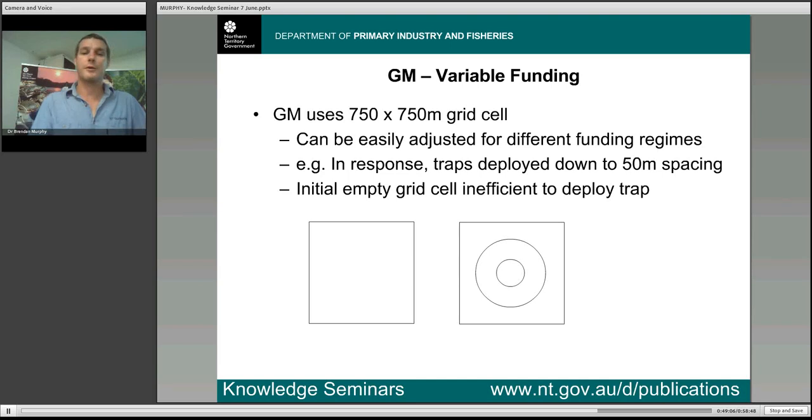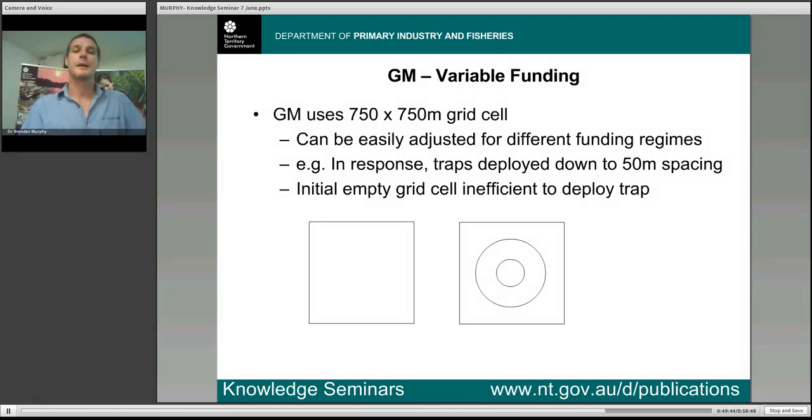Now, the other critical thing we did is you've got a 750 by 750 meter grid cell. And people putting that trap out there had to survey that whole cell and then make a decision about where they're going to put that trap. That's 56 hectares in an urban environment. You've got to go for residential households, all sorts. You can imagine how long it took to deploy a trap. And when they deploy a trap in that grid cell, it's taking no account of where the trap in the adjacent grid cell is. So you can still end up with traps next to each other. You can still end up with gaps. So it was better than just walking around putting some traps out, but we still had some fundamental problems in